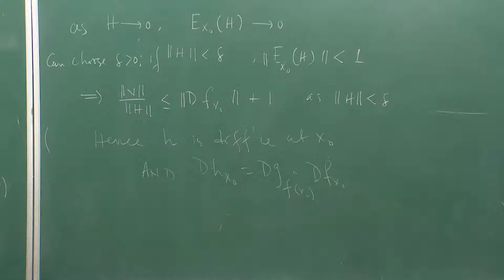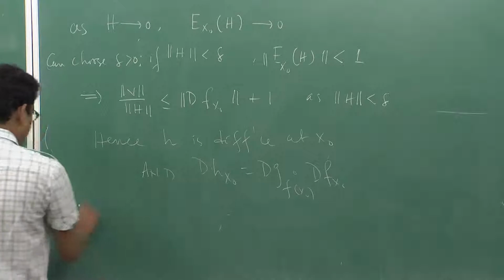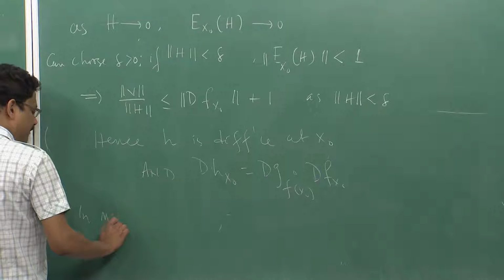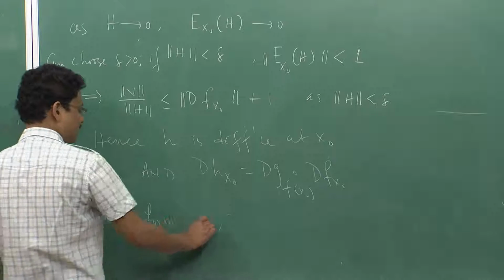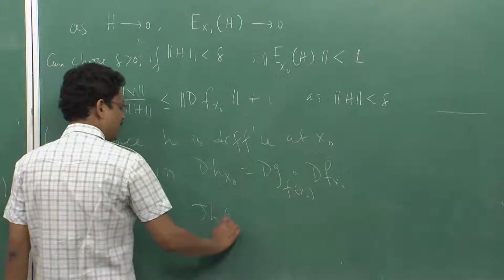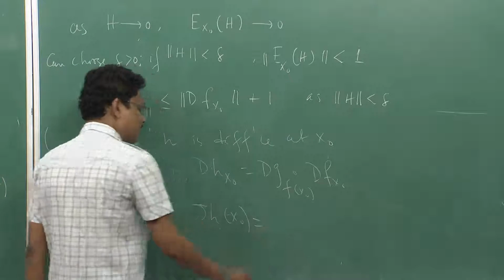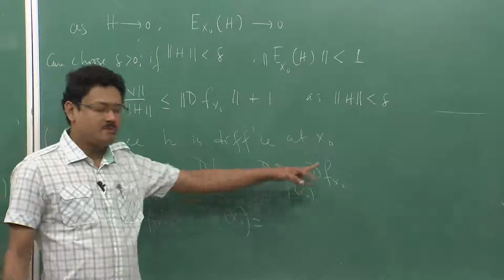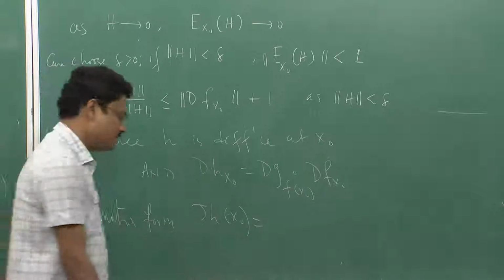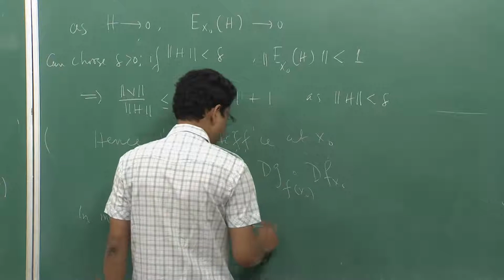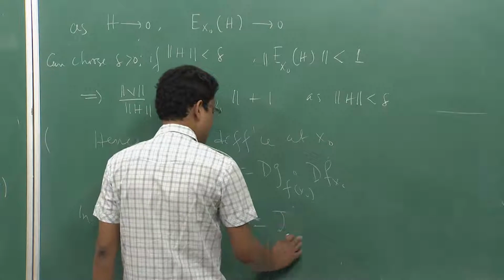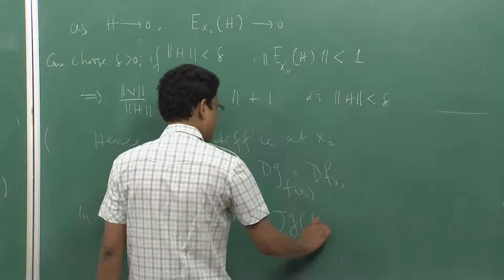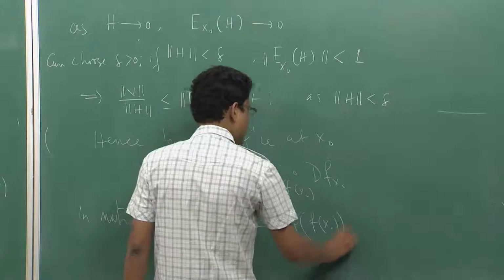If I have a composition of two linear operators and I look at their matrices, in matrix form, the Jacobian of h at x naught will be the composition of the matrices of these, but matrix composition is simply matrix multiplication that you know from linear algebra. So, that is Jg, the Jacobian of g at f x naught, times